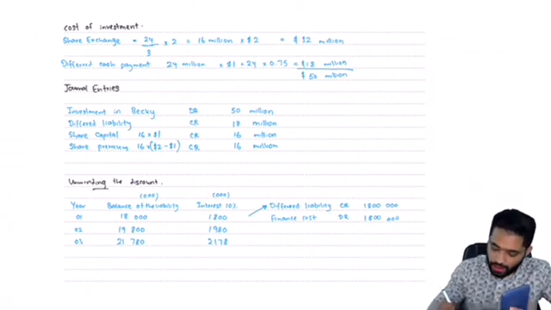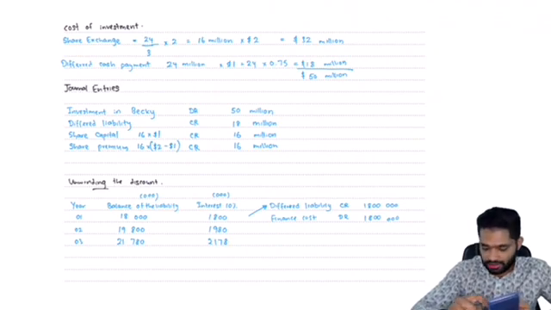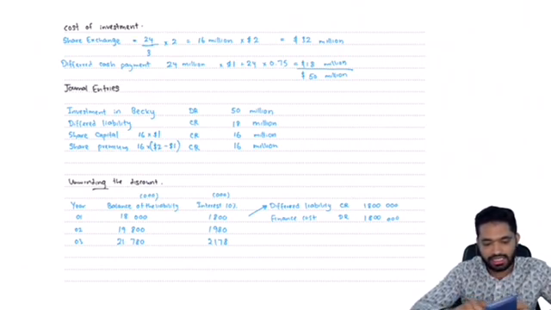Now when you look at the closing balance, the final balance, so year 3, the closing balance, 21,780 plus 2,178, that is going to be